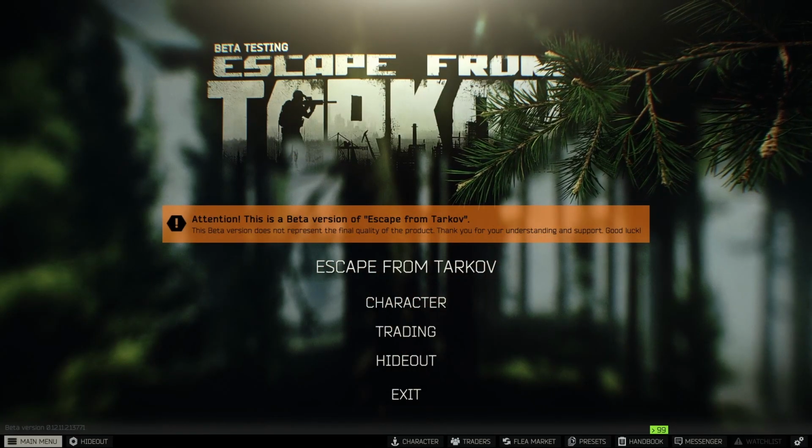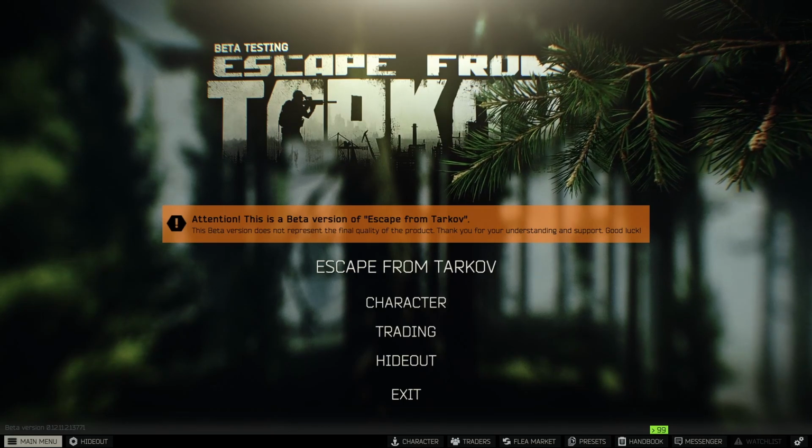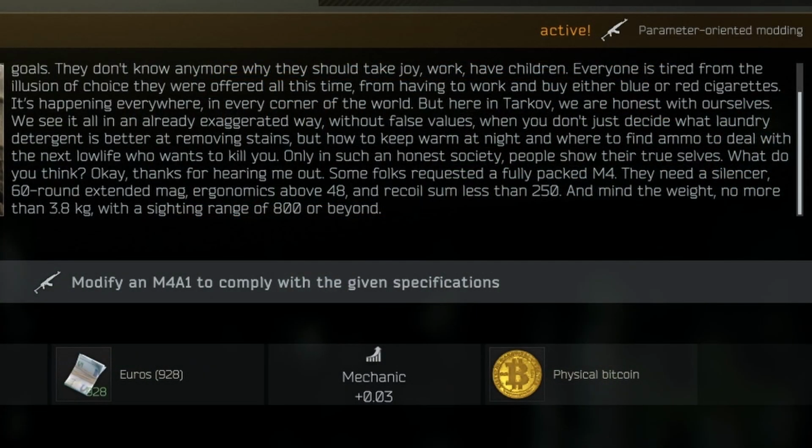Let's take a look at the quest Gunsmith Part 4. In this quest it needs us to build an M4, the requirements being a silencer, 60 round mag, ergonomics of 48 or above, recoil of 250 or below, weight of 3.8 kilograms with a sighting range of 800 meters or more. This is one of the first quests where you really need to think about which optic you're going to be using on that, so let's have a look at some of the options we can have for this